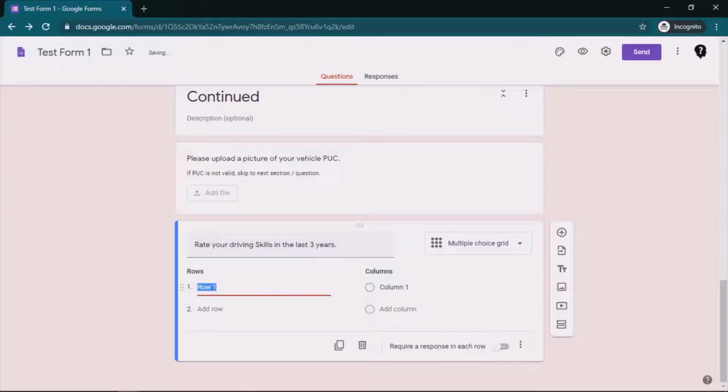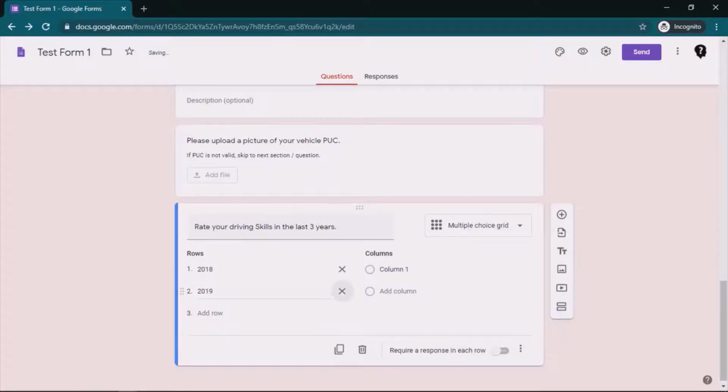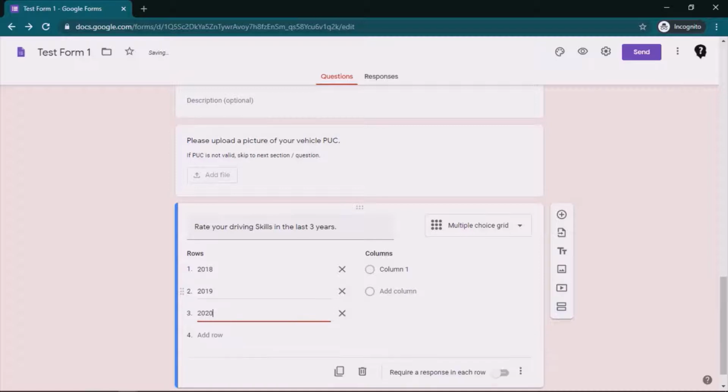My rows would be 2018, 2019 and 2020, right?